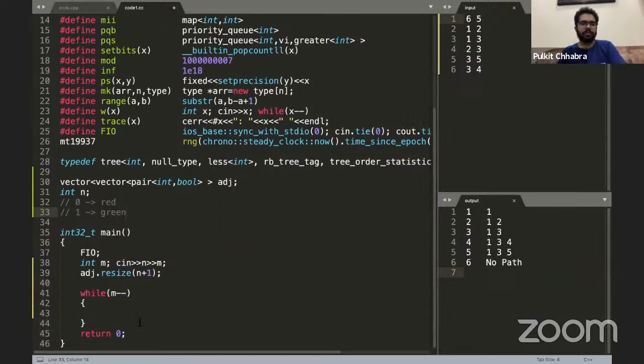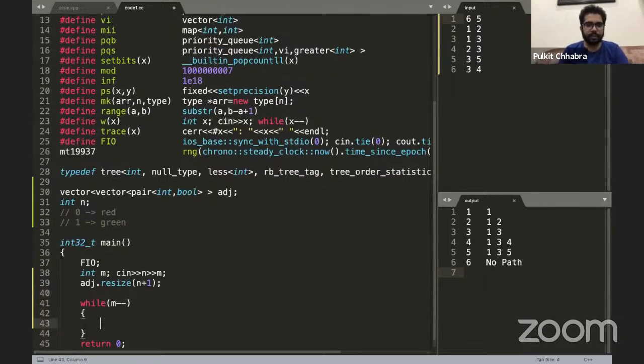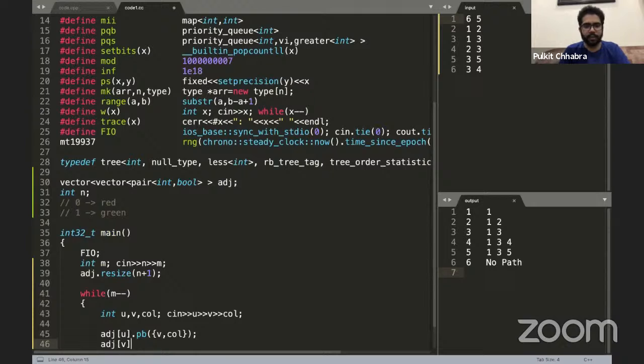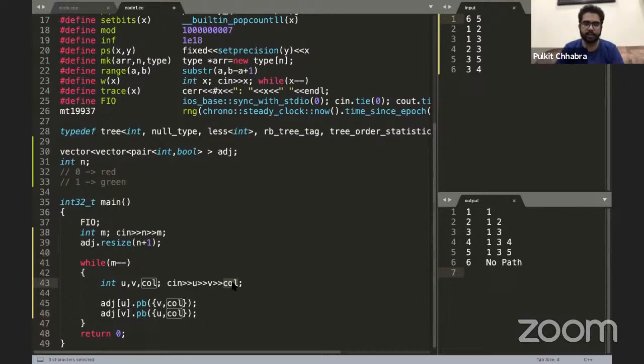All right. So taking the inputs is like int u, v, color. So adj of u dot push_back v comma color, adj of v dot push_back u comma color. Right. Let's say our input is also coming in this way, that 0 represents red and 1 represents green.